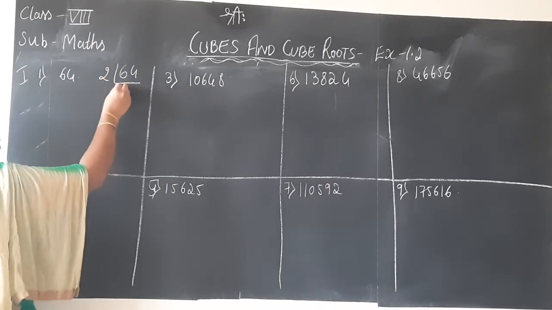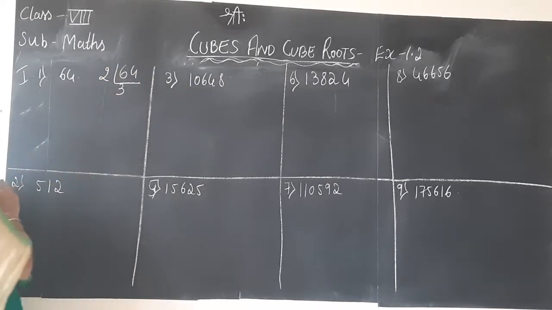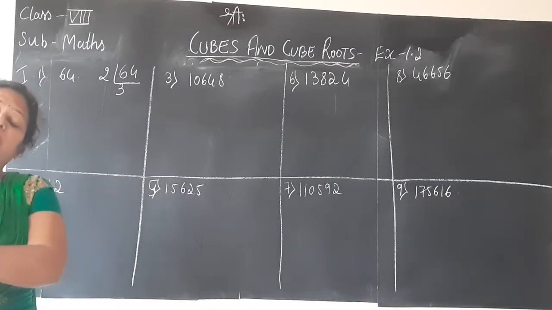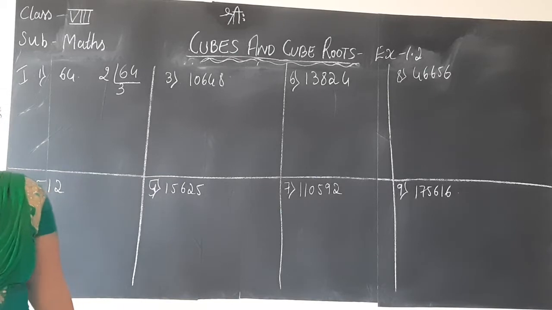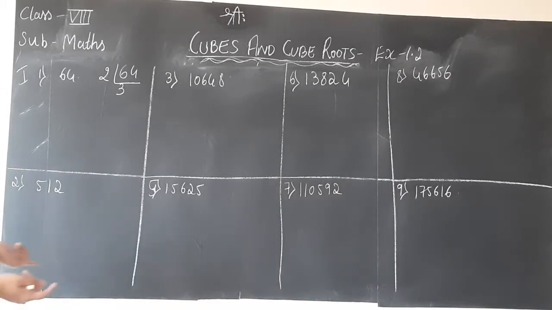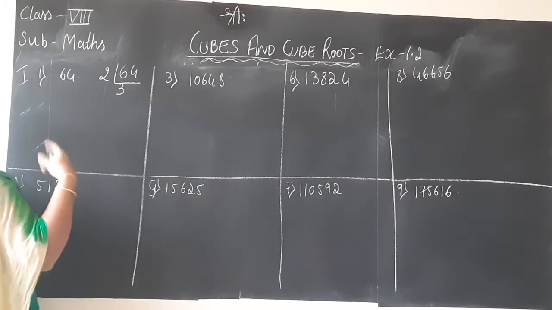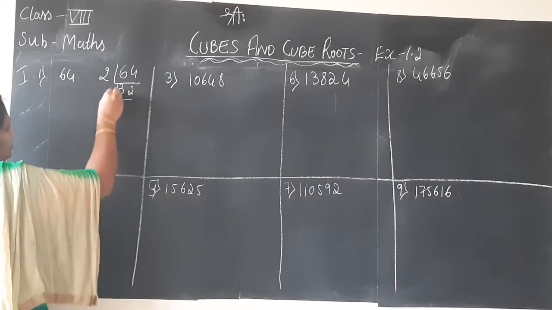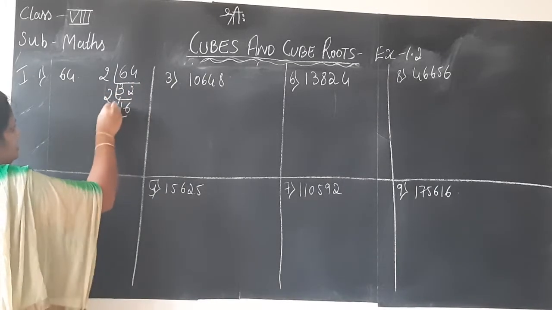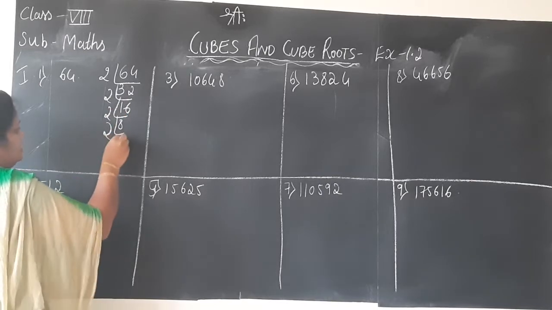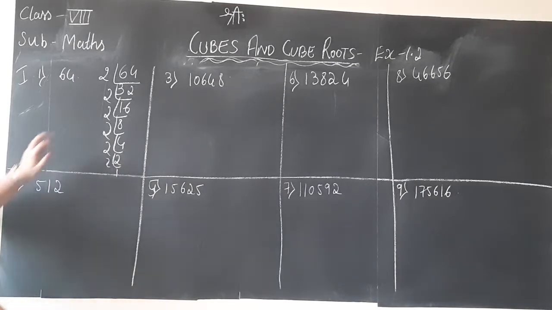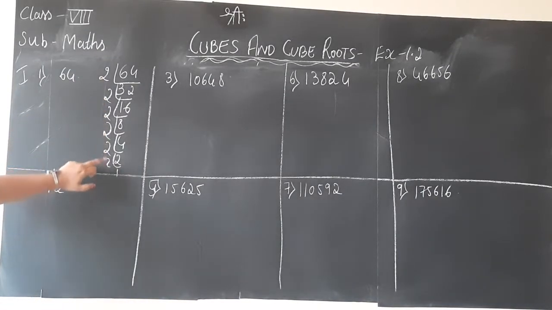I'll start with table 2 since 4 is there in the units place. Since this prime factorization is one we have already solved many times and you are learning from lower classes, children, I'll be a bit fast. 2 3s are 6, 2 2s are 4, 2 1s are 2, 2 6s are 12, 2 8s are 16, 2 4s are 8, 2 2s are 4, 2 1s are 2. So we got 2 six times.